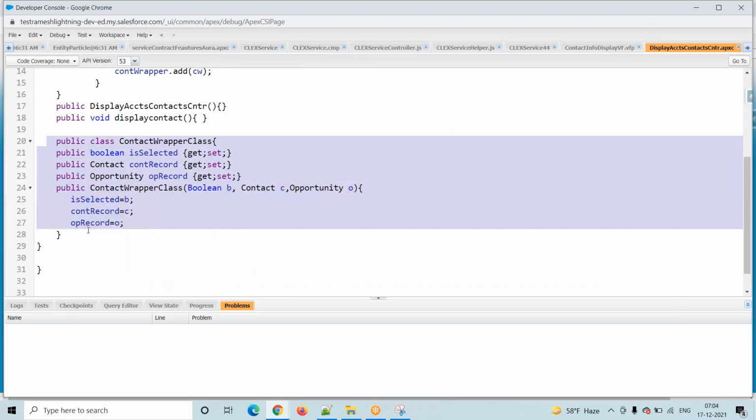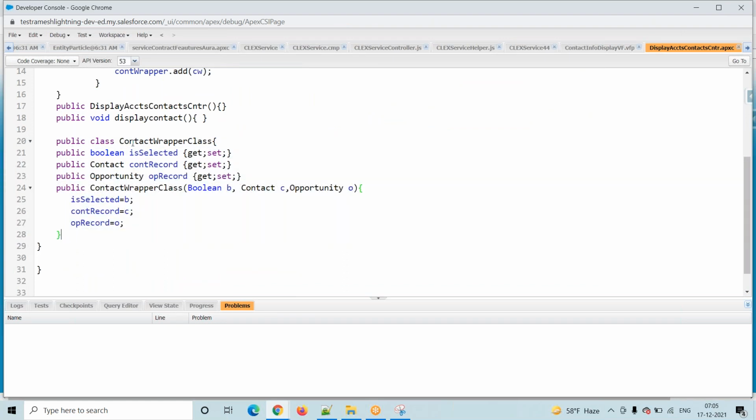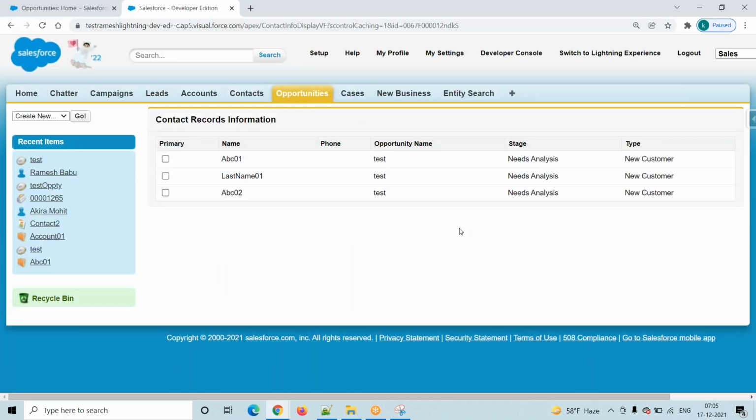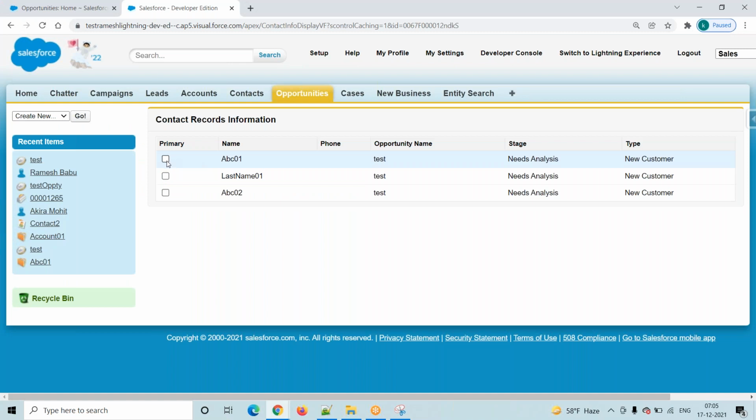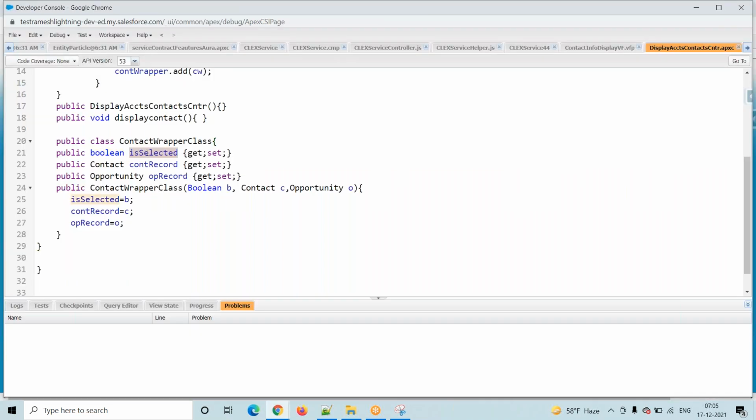This template, do you have any questions? Any questions while preparing this template? Okay, let me know. Why is this called a wrapper class or inner class? Why do we have to prepare a wrapper class or inner class? My client is expecting this format. My client will give the data, but we have to display it in this format. So how are we going to get that format? By using a wrapper class. So first you want a checkbox, right? Checkbox. So a boolean variable, and this is the variable name.